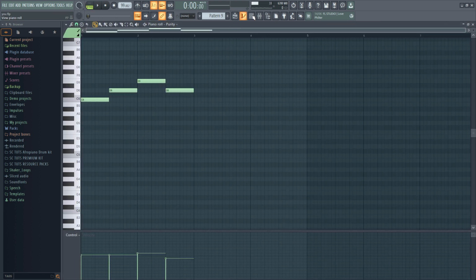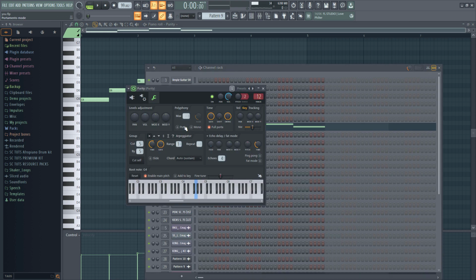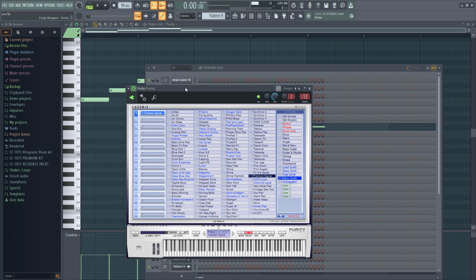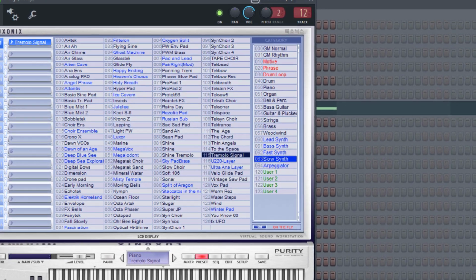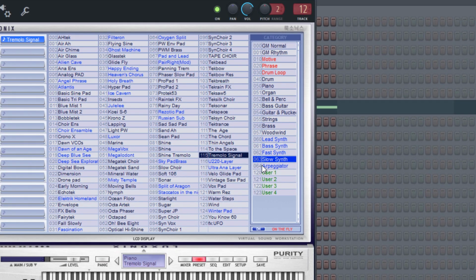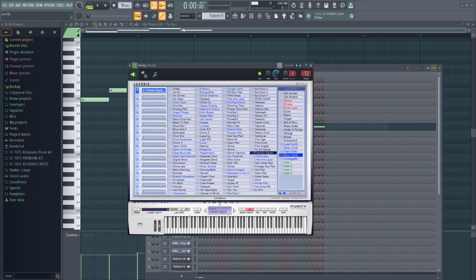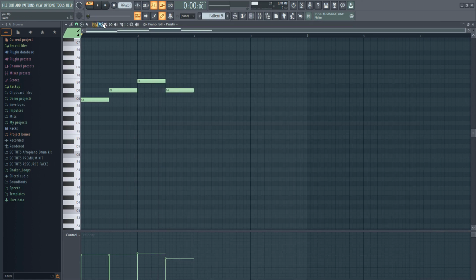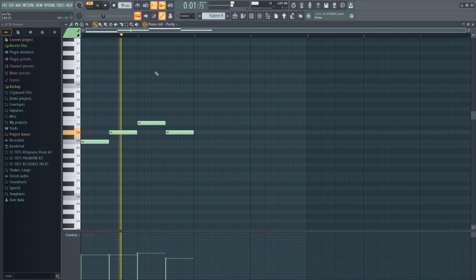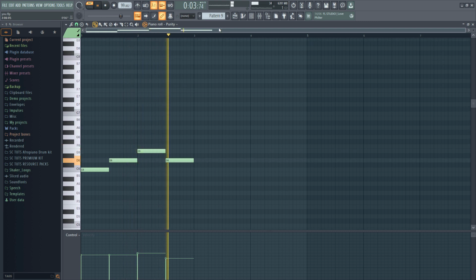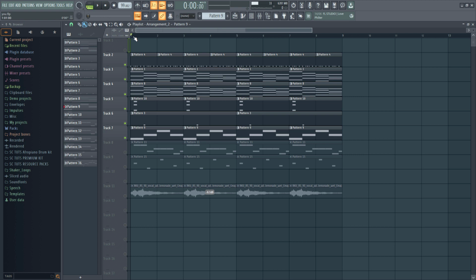All right, here I also have another ambient melody. This is more familiar with amapiano guys, right? If you make amapiano, this is the tremolo signal. It's a popular preset in amapiano, okay? But I use this as an ambient melody, and this is how it sounds like. It basically just follows the chords, okay? So when I press play,